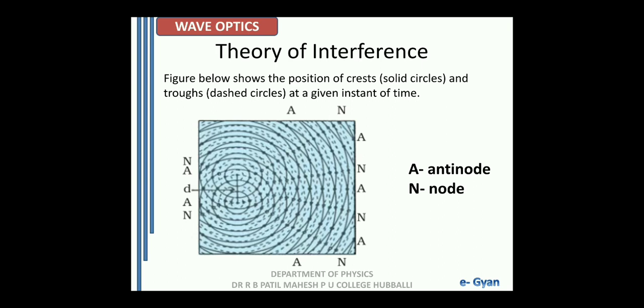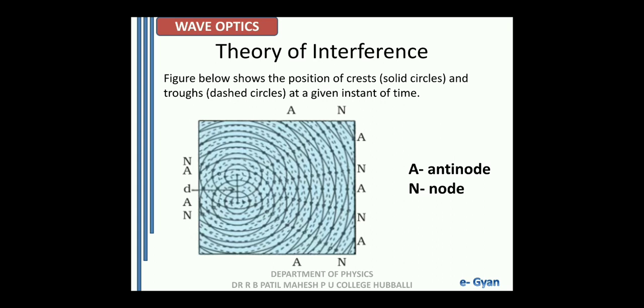So therefore, what we have here is that the solid circles of one disturbance can superpose with the solid circles of the second source. Similarly, the dashed circles of the first source can superpose with the dashed circles of the second. At the same time, one more thing which is possible is that the solid circles of the first can overlap with, or intersect, the dashed circles of the second, and the dashed circles of the first can intersect with the solid circles of the second.